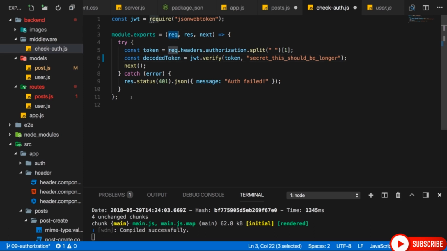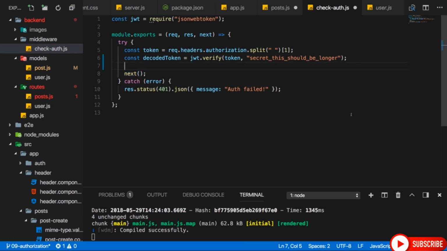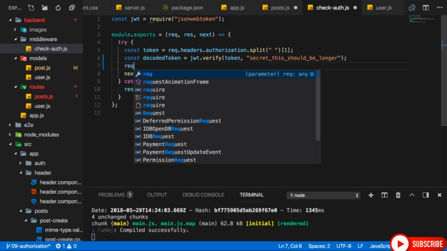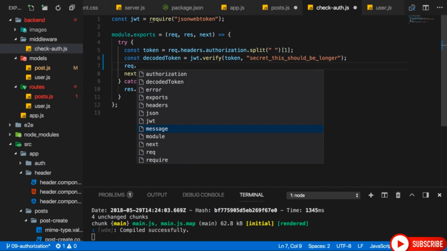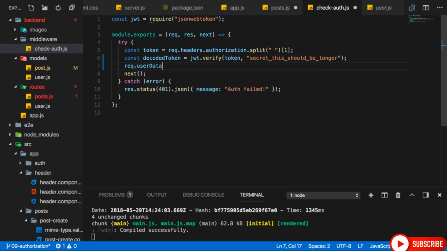And if our middleware then calls next, the request is going to move on to the next middleware, and it's going to keep any fields we added to it. So what we can do here is simply access request and then add a new field. Just make sure to not overwrite one which already exists. For example, we could add userData here. That's a field which does not exist. But now I'm setting it equal to a new JavaScript object